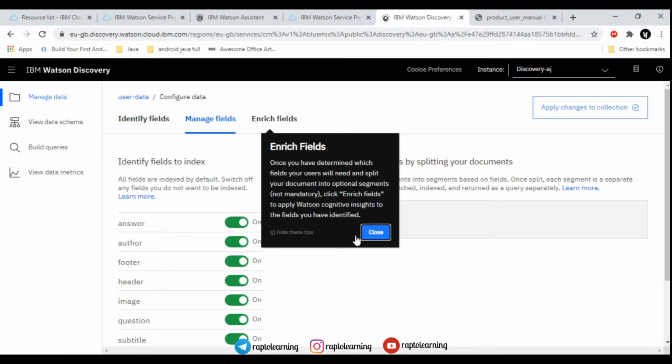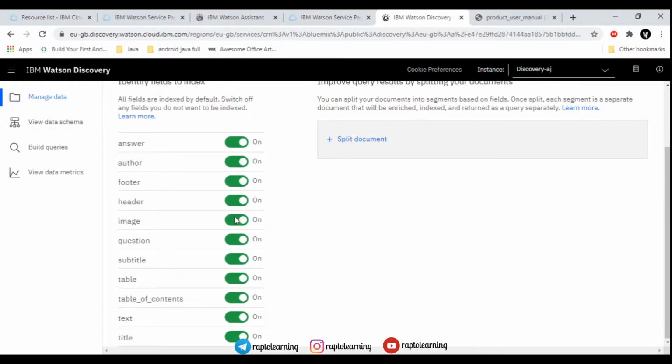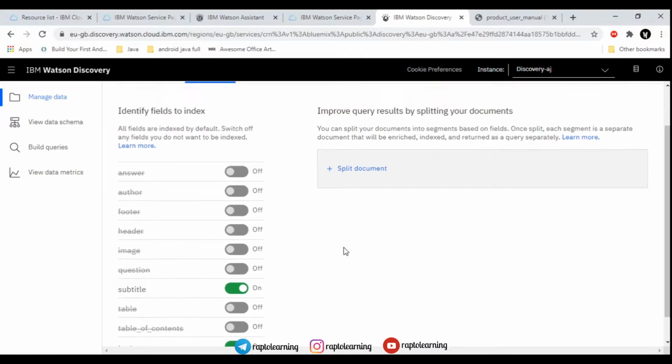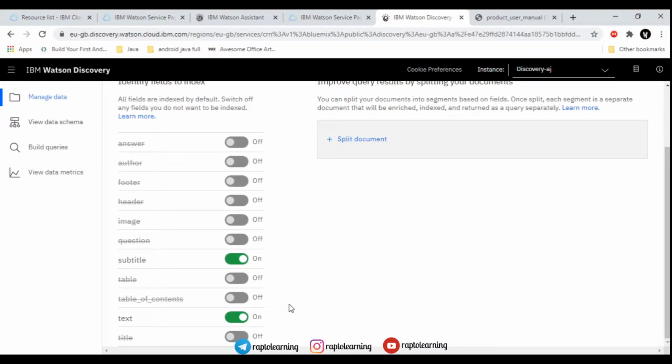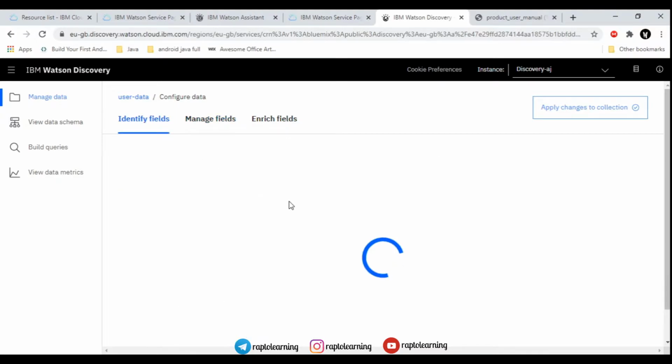I will show you how to skip the images part without doing it manually. You just have to go into the manage fields option that is available. Just turn off all the items that we are not going to use. Only turn on the options that you're going to use, that is the subtitle and text. It looked fine, but I had also turned off the subtitles, so make sure that these two are on. And now our document is pretty much ready for use with our assistant, right?